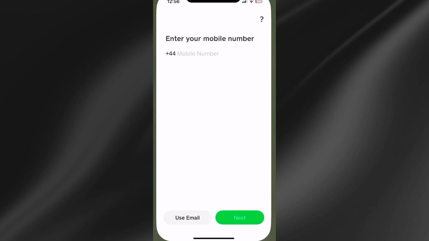In this guide, I'll show you how to fix the issue where you're unable to sign into your account on the Cash App. Now, to fix this issue, the first thing you need to do is head over to the